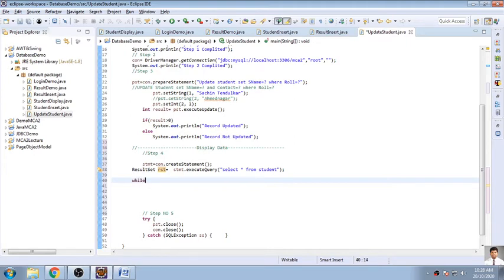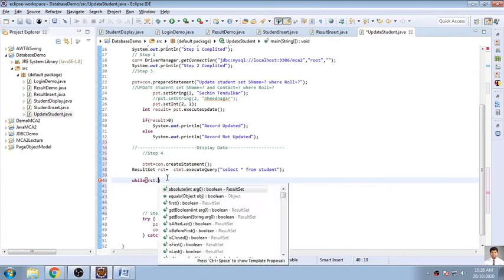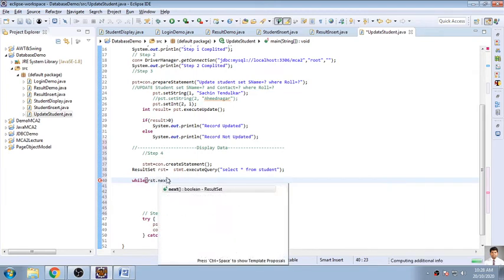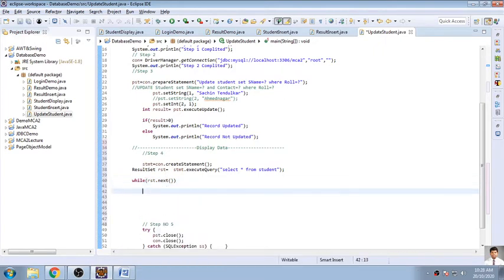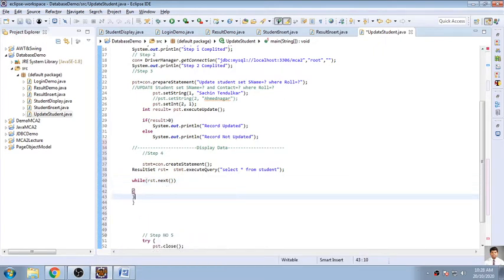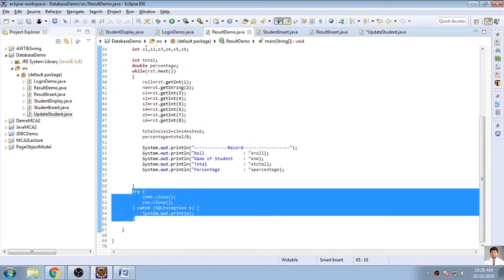So while rst dot next, this next is a function, and then after that you have to write logic for displaying your record. So how is it displayed? System.out.println. Already we have written it, so there is no need to write.